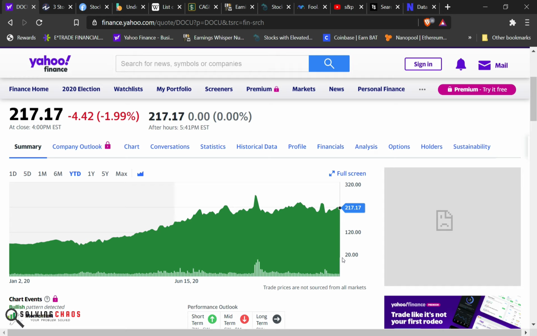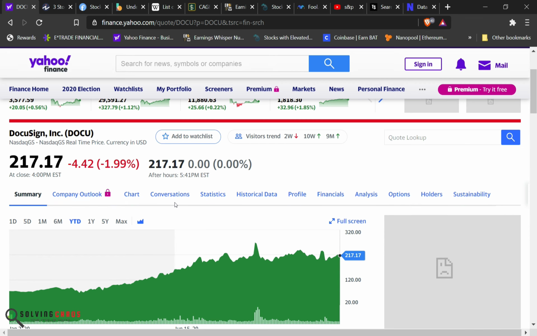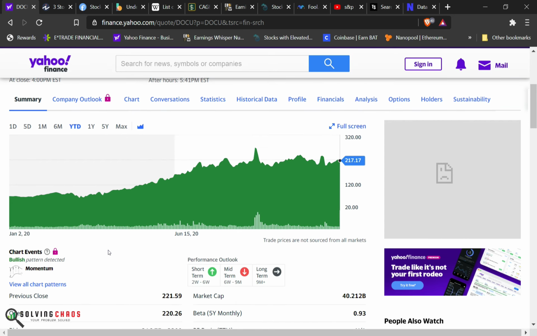Real estate agents do all the legal contracts through DocuSign. A lot of people who are doing legal paperwork are using DocuSign as their product. And so I think COVID has made their products accelerate to the masses much more. And I think there's a lot more runway ahead. And I think this is a great company to add to the S&P 500.